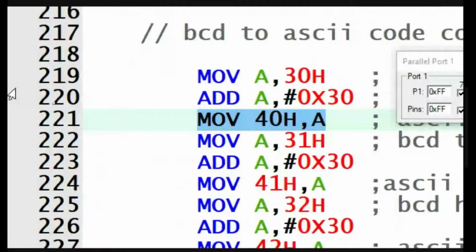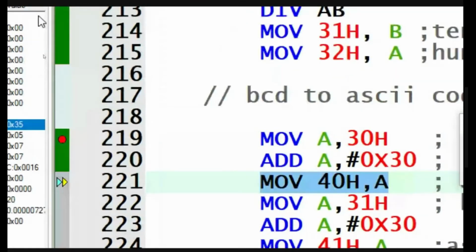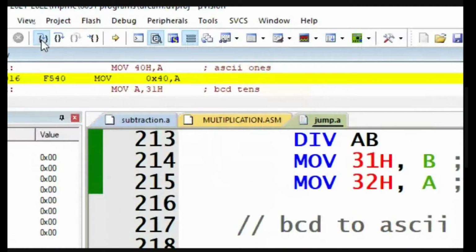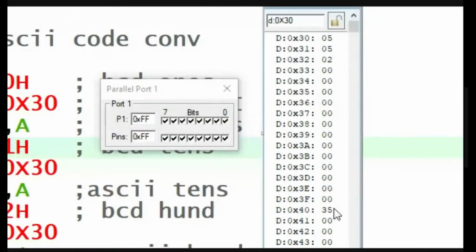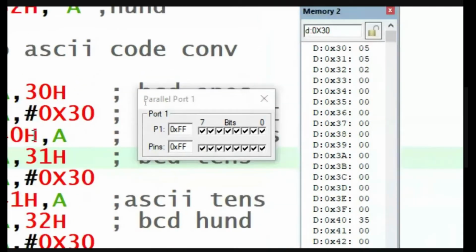After a single step execution, the 40 memory location will get 35, which is the ASCII ones. So there are 5 ones. Adding 30 to 5 gives 35. So when we send 35 from the PC keyboard to the CPU, the screen will display 5.